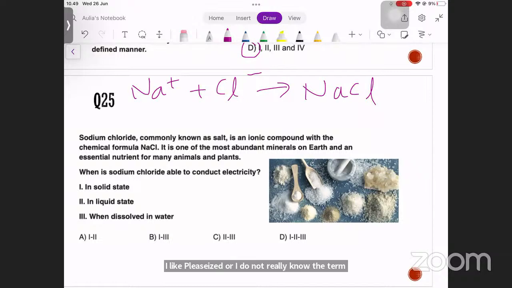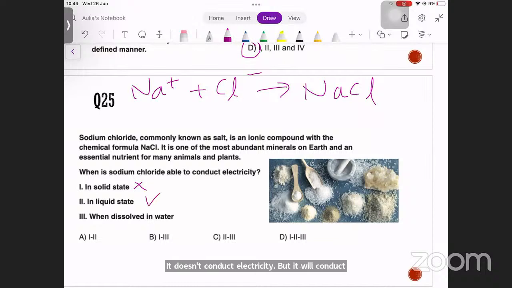Well, it is very unsafe, right, to store it in a solid state. So, solid sodium chloride or solid ionic compound doesn't conduct electricity, but it will conduct electricity when you melt